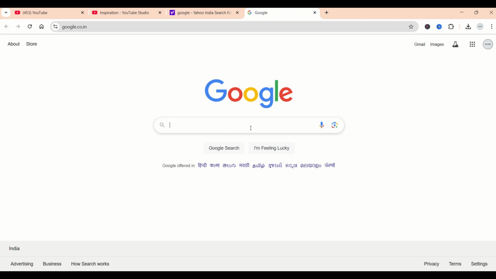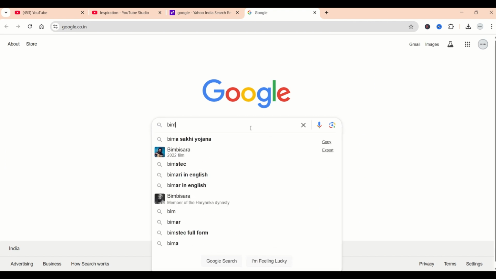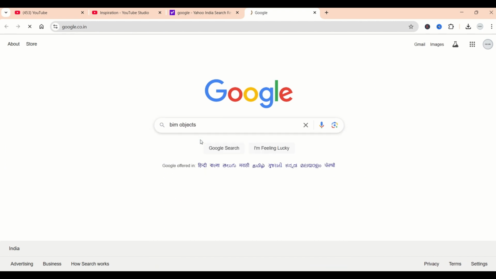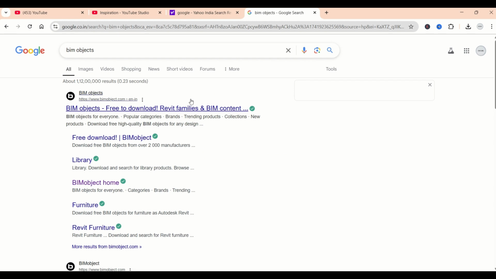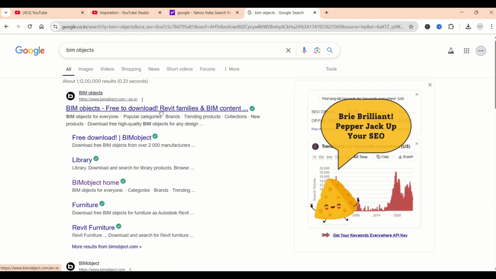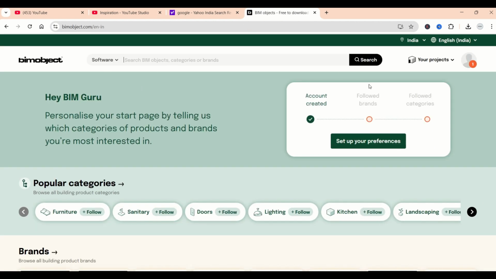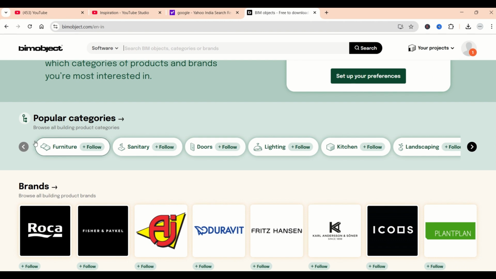and I can directly search BIM Objects. Okay. I'll click on that one right here. You can see the first website is BIM Objects. I'll click on that one, and this kind of dialog box will open. If you have not signed up for this particular platform, that's totally free. So you can sign up based on your email ID or like that. Okay. So now right here, if I scroll down, there are a couple of